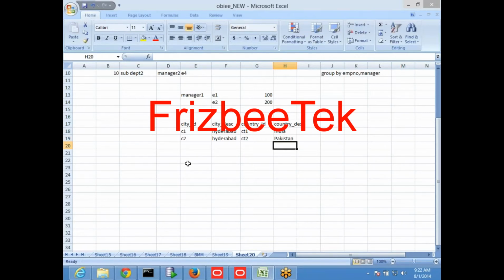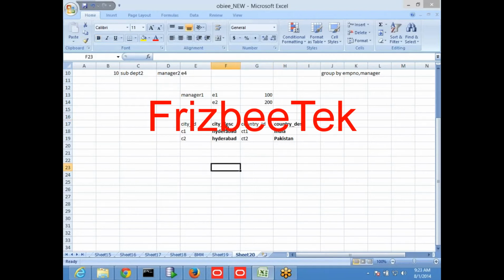So now I have data like this. We have Hyderabad in both countries. Generally, when I created hierarchies previously, I was using these kinds of columns for the hierarchy. This is one level, this is the next level, like this.